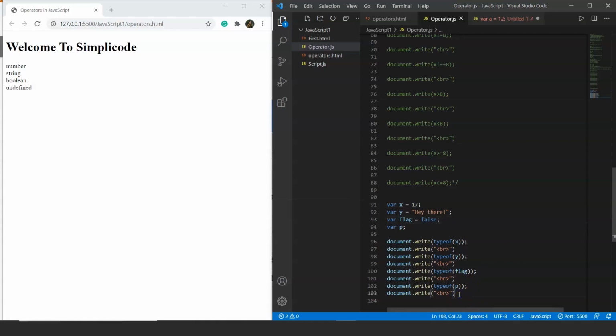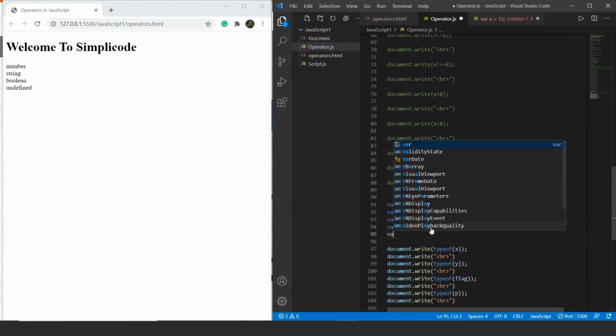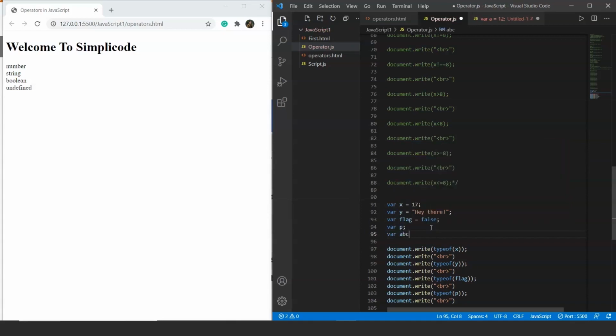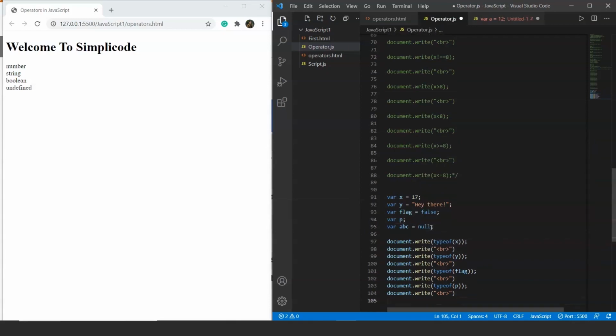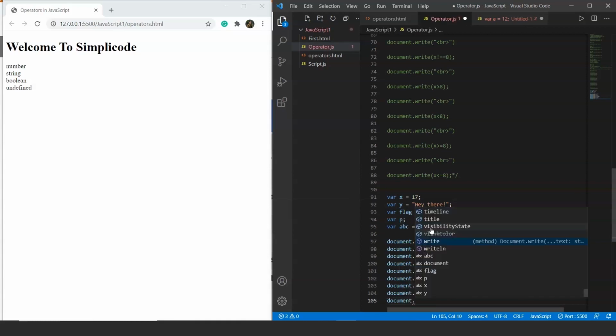But if you are not giving any value to a variable, like here where we have not given it any value, the typeof operator will return undefined. Let's take an example of null as well. Let's declare another variable, var abc, and give it the value null. And finally we'll use the typeof operator.